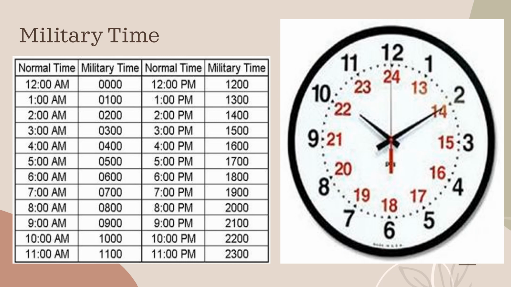1 a.m. is 0100. 2 a.m. is 0200, etc. until we get to 11 a.m. or 1100. Once we hit the PMs, that's when things start to get confusing. Noon or 12 p.m. is 1200, and then every PM hour after that is the normal clock hour plus 12. So 1 p.m. would be 1 plus 12 or 13, 1300. 4 p.m. would be 4 plus 12 or 16, 1600. We continue this until we hit midnight and the clock starts back over at 0000.